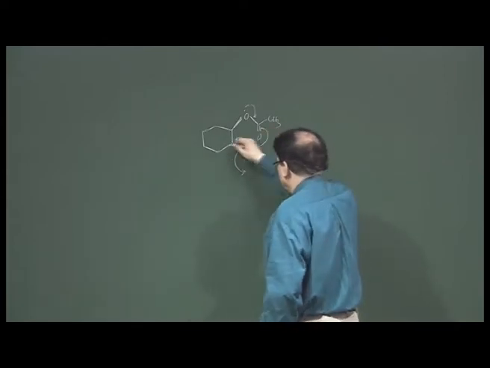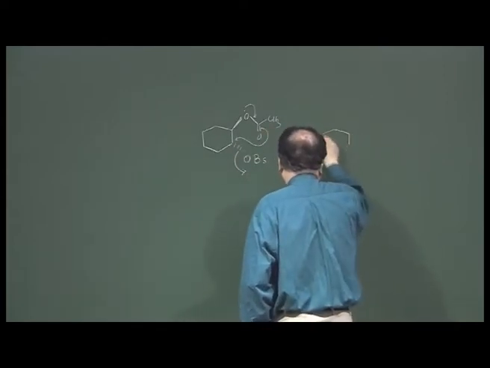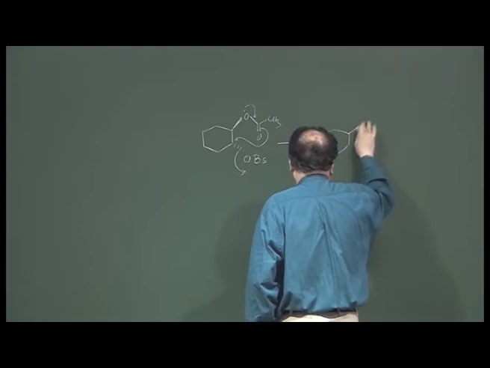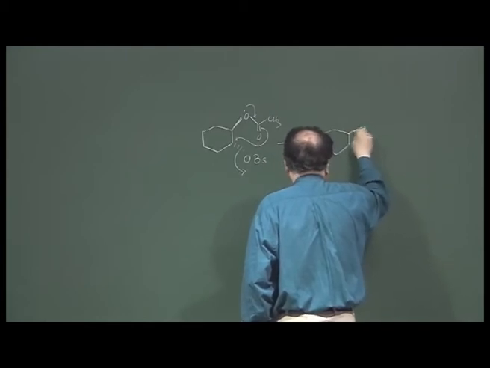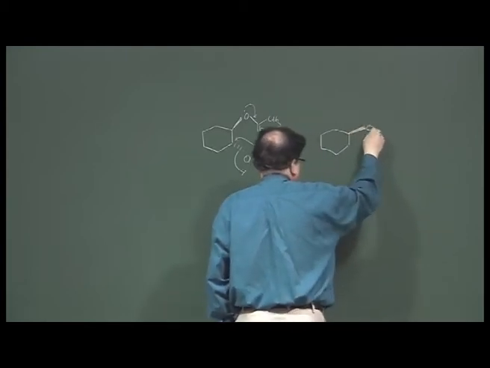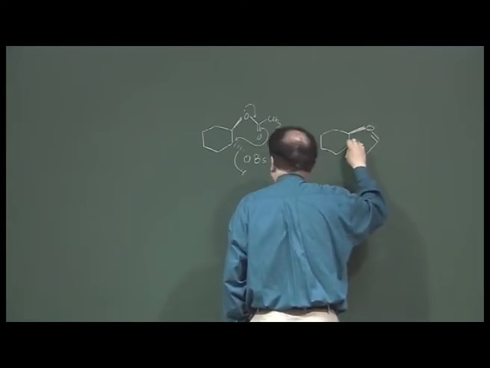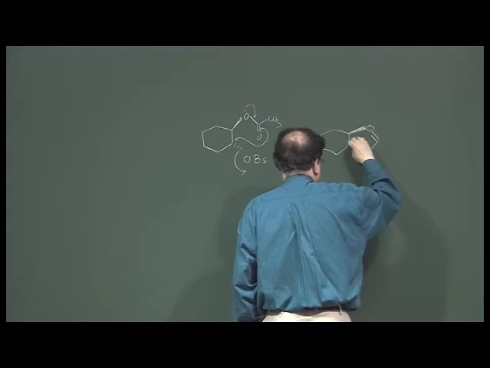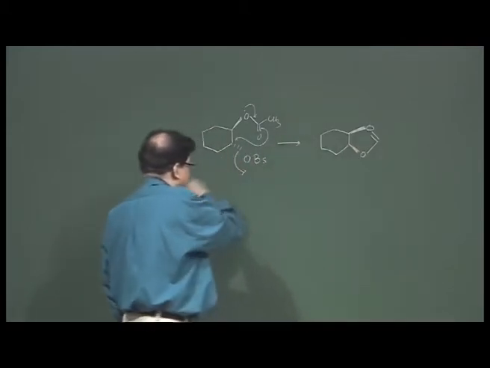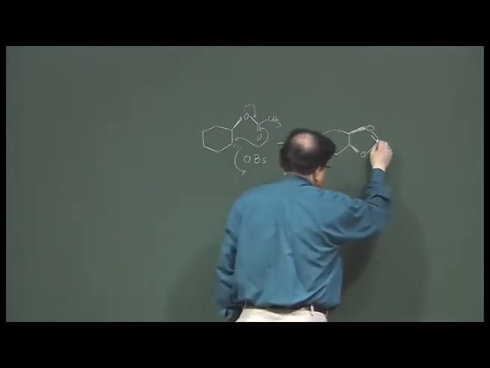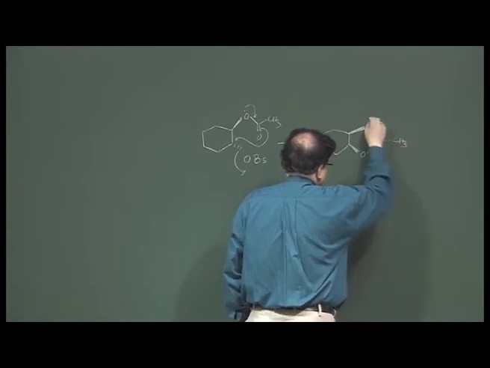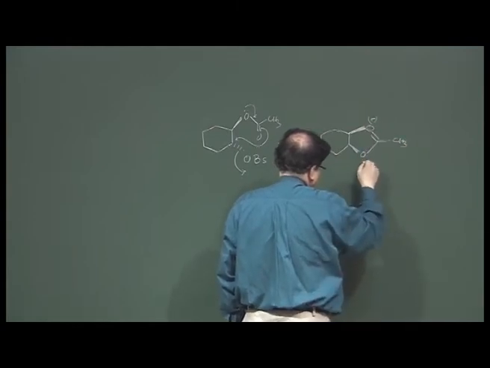So, that comes from the top side, and if it comes from the top side, there will be an intermediate, which will also be beta because it is from the opposite side, the back side it should attack, and there will be a CH3 and this is plus. Now, this will be a resonance hybrid of these two.